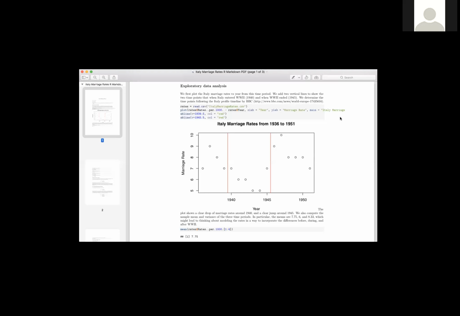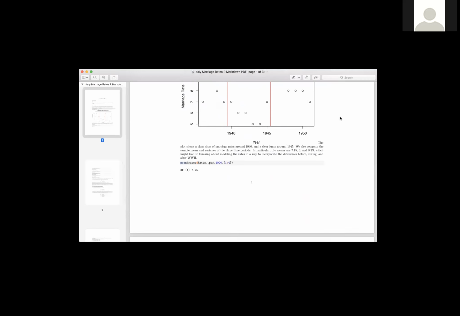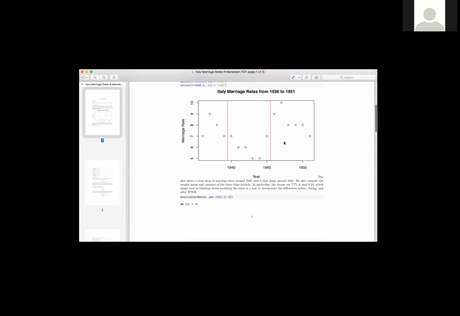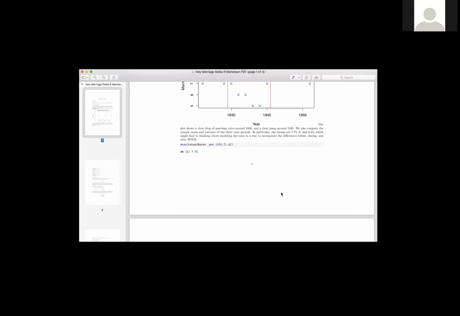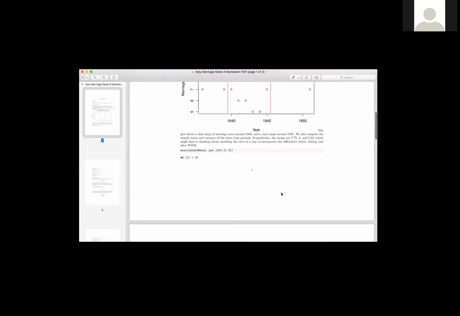I mean, back to this. What I plotted over here is a really rough plot. I was plotting the rates against year, and I just added two vertical lines to show the start and the end of World War II, just to show the change. And then down there, I calculated, breaking it into three different groups. It's kind of slow over here. Give me a second. If you look at these three smaller periods, you can return the mean and variance of each, and then you see some differences,